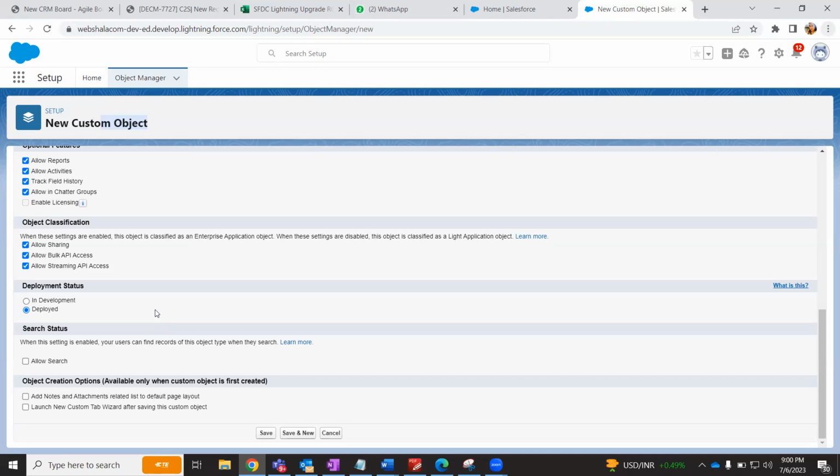The next one is allow search. Yesterday we spoke about 2 types of searches. Do you guys remember what the 2 searches are? Yesterday we spoke about search bars, right? Quick find and global search. Very good. So what is the difference between quick find and global search? Whatever apps we already have, we can search it in a